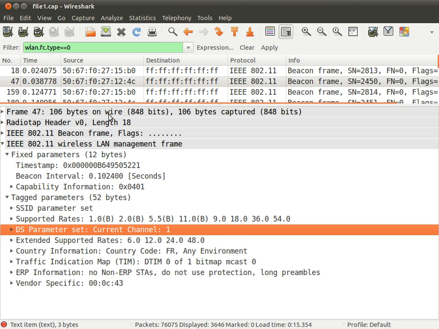So potentially I listen for a short time on channel 1, I receive a beacon on channel 1, and then I'll switch to a different channel, channel 2, see if I receive any beacons, and then channel 3, and maybe sometime later I receive a beacon on channel 6. Maybe I'll do this switching between channels for half a second, 1 second,